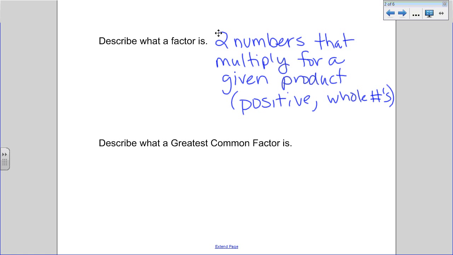The same thing if I asked you for the factors of 15, you're not going to tell me -3 and -5. You would just tell me the positive 3 and the positive 5. Okay, guys, so we don't have to worry about negative values and non-whole numbers. And so the greatest common factor, okay. So describe what a greatest common factor is. It's the largest factor